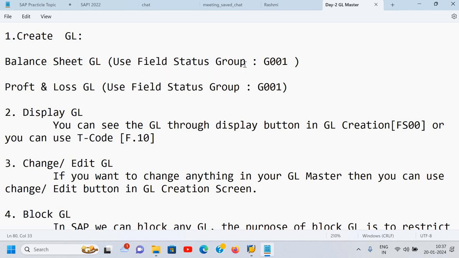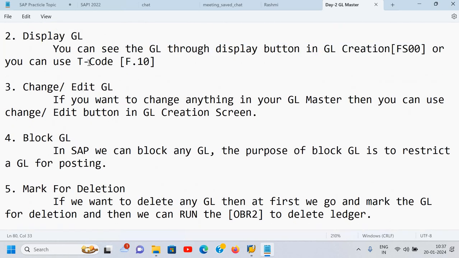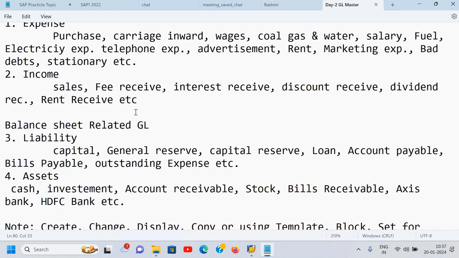Create GL कैसे create करना है, हम लोग को क्या फील्ड स्टेटस ग्रुप यूज करना है। फॉर बैलेंस शीट भी हम लोग G001 यूज करेंगे अभी, और इसके लिए भी G001। धीरे धीरे हम फील्ड स्टेटस ग्रुप को भी स्टडी करेंगे। अभी तो हम सिर्फ और सिर्फ G001 यूज कर रहे हैं। बाकी नेक्स्ट अगले वर्किंग डे में हम लोग स्टडी करेंगे। पहले तो आप ये होमवर्क करिए, ठीक।